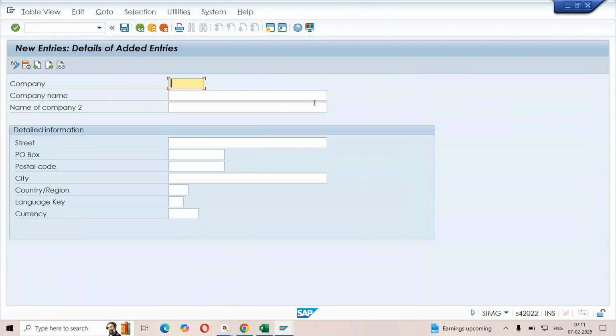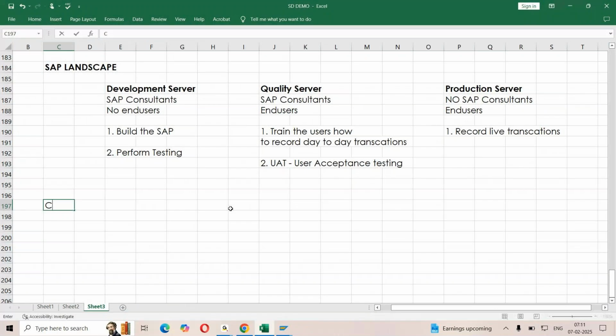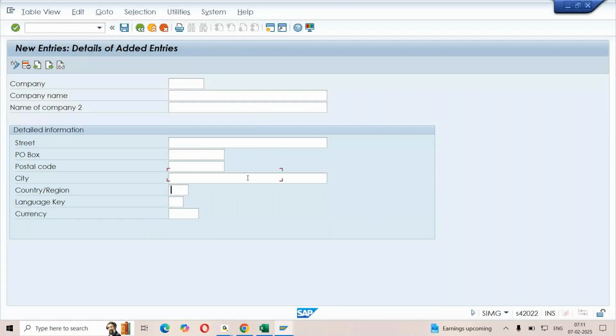So here, I'm just trying to take this one over here. So I'm going to be taking one client. So I'm just trying to talk about LG over here. So for LG, we are going to be doing the implementation. Okay. So here, we try to put down all that particular values.